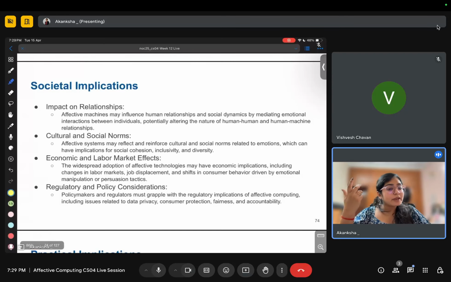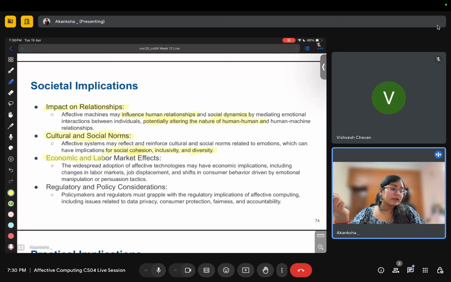Then societal implications. If you are going to make every machine emotionally intelligent, then what will be the impact on relationships? It can influence human relationships and social dynamics by mediating, and also it can alter the nature of human interaction and relationships. Then cultural and social norms can be there, like maybe inclusivity, diversity, social cohesion, different impacts can be there.